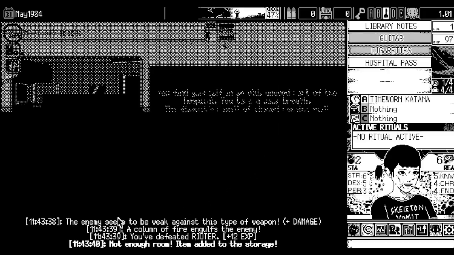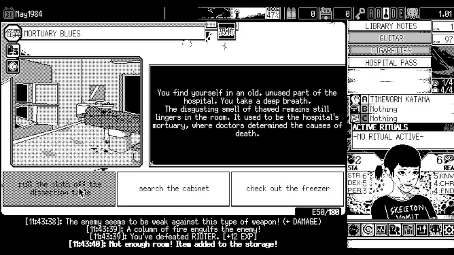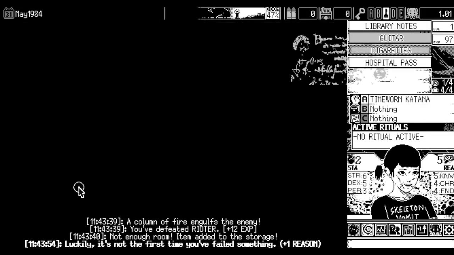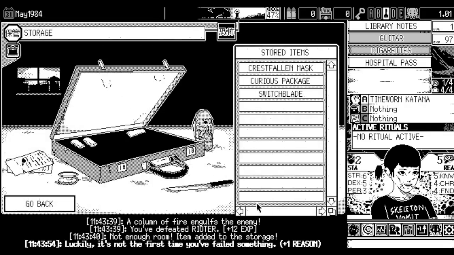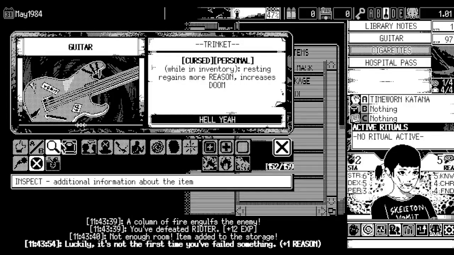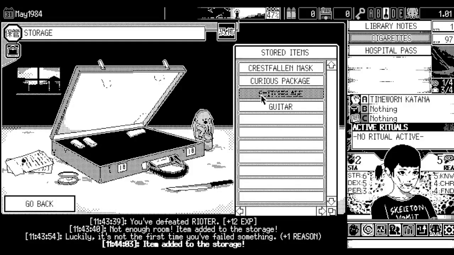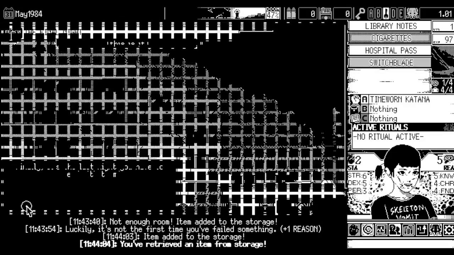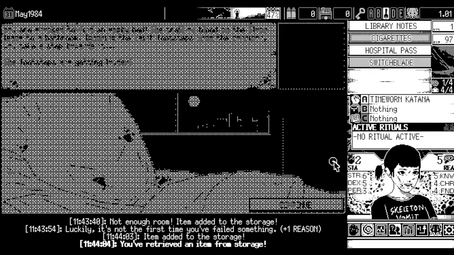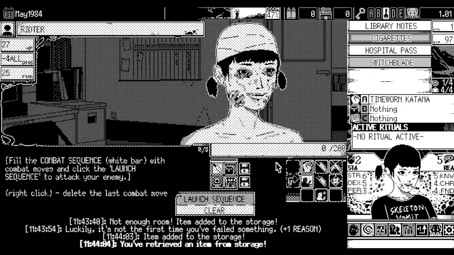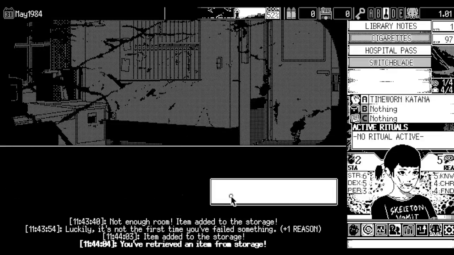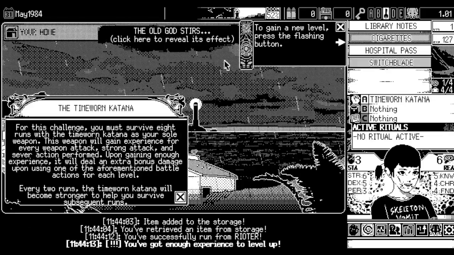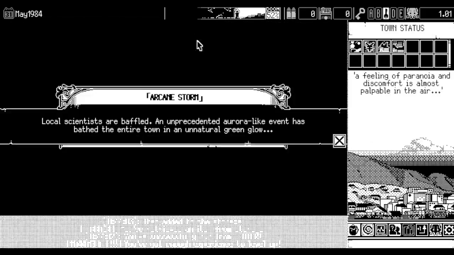The good news is, what did I get actually from that? I think I got something. I don't remember which is which here. Yeah, I think this is reason loss. It was reason loss. We get the switchblade, but we're probably just going to end up throwing that at some point. We technically don't need the guitar. I'm not really going to rest. So instead, we take anything else. We're going to take the time restless bonus, sorry. And then we'll think about resting if we don't have fetid fumes, because